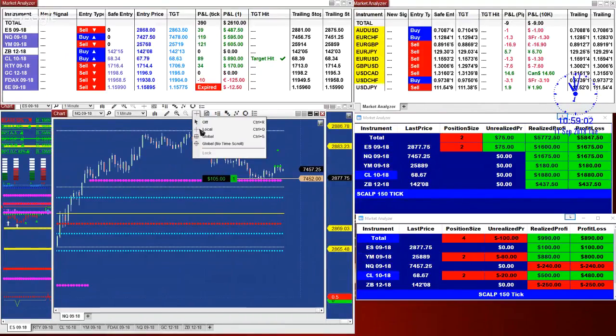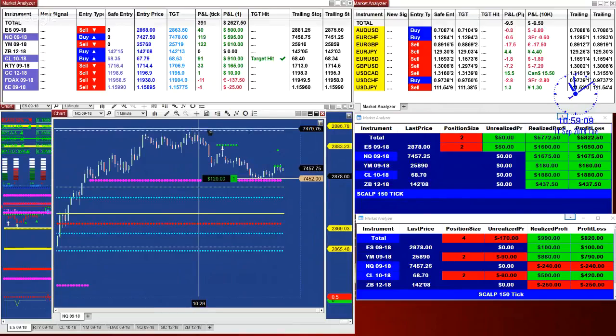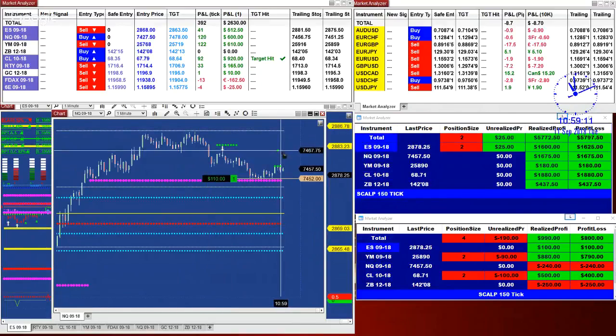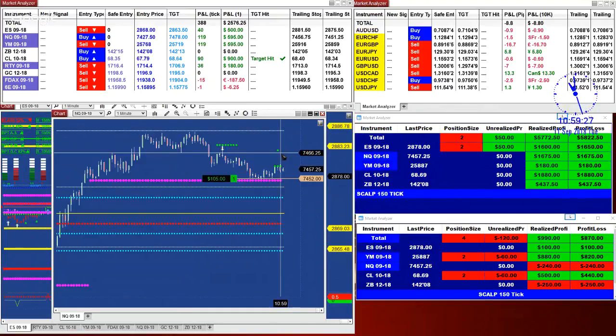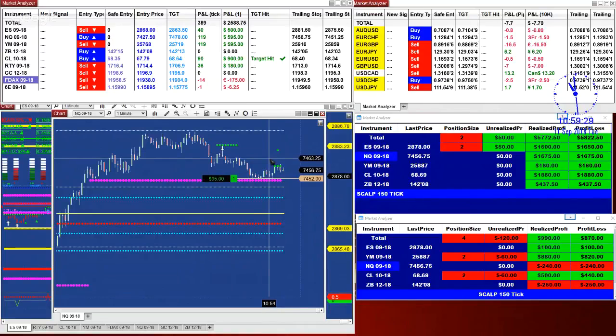Let's see. We have an entry and an exit. The exit on this Nasdaq we called: you can get out at the 66 level, or you can get out at the 67 level. But if you want to protect, get out at 66 and get it over with, because it's at a very high area.